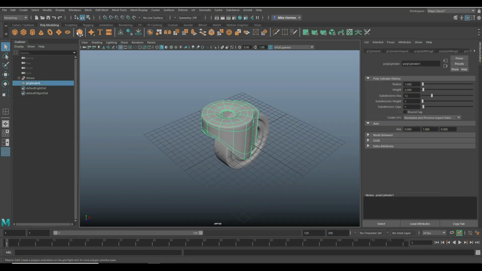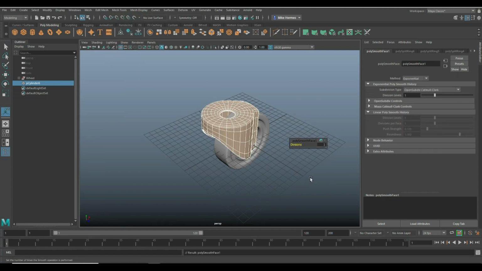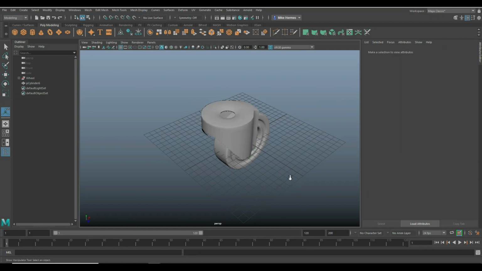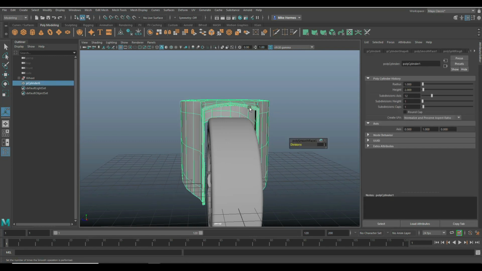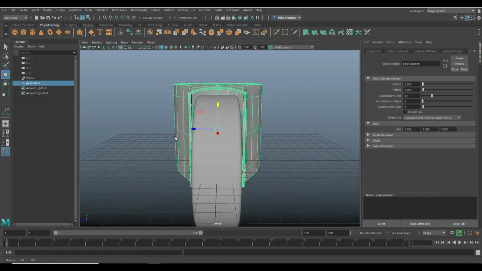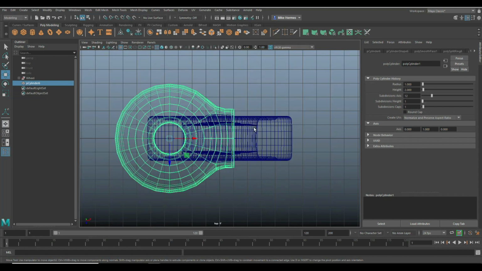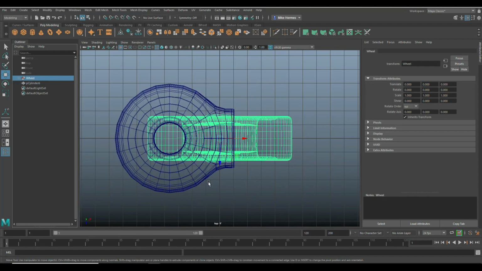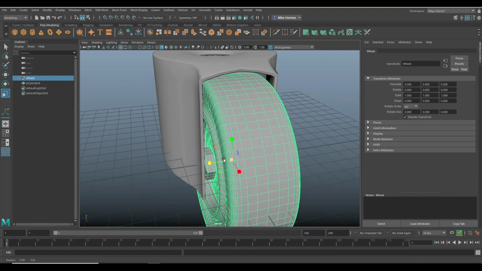Right. Okay, so what we're going to do is we're going to go to mesh and smooth to actually smooth it. And then we can select it again and hit 1 so we can see what the result of that smooth is. That would be this. And we might even want to consider bringing it down just a little. Will give us a little bit more meat for the bolt of our wheel there. Okay. And considering this is round and we want it to stay that way, what we're going to do is we're going to take our wheel group here and we're going to hit R and we're going to slightly scale that out. And the reason for that is